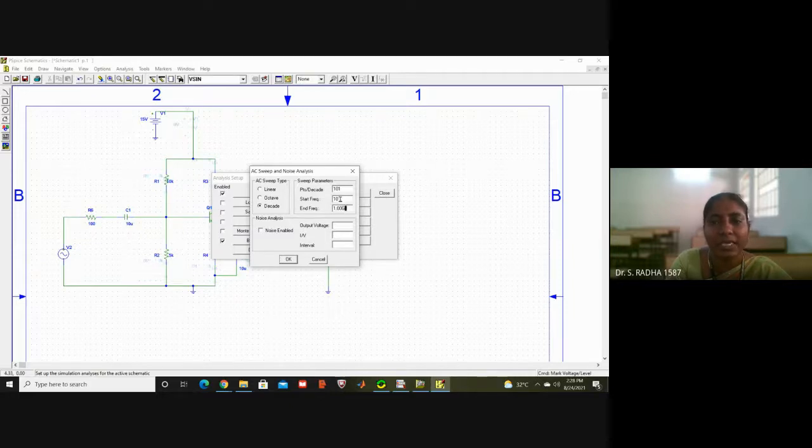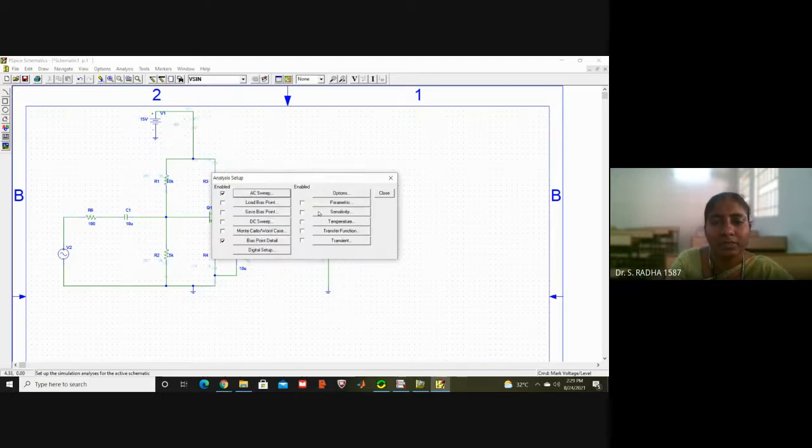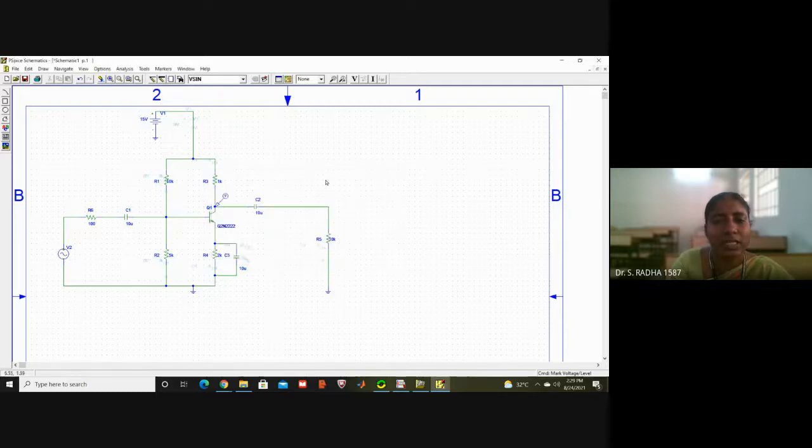I am taking x-axis 10 power 1 to 10 power 9, and for every decade, 101 points will come. With these settings, I will simulate the circuit.